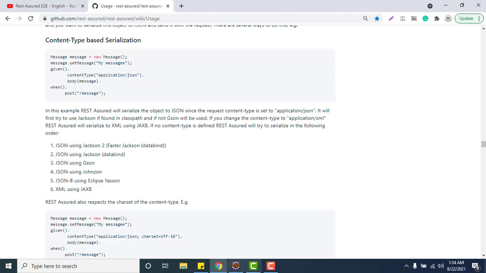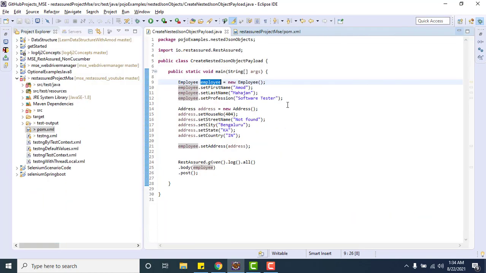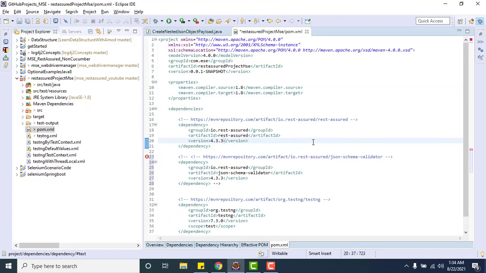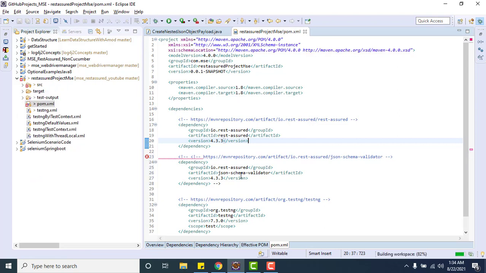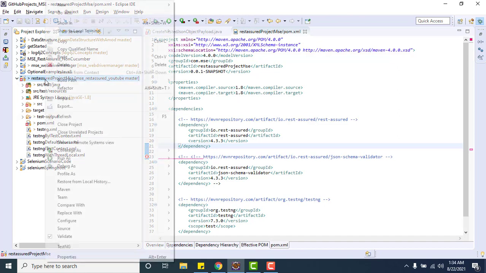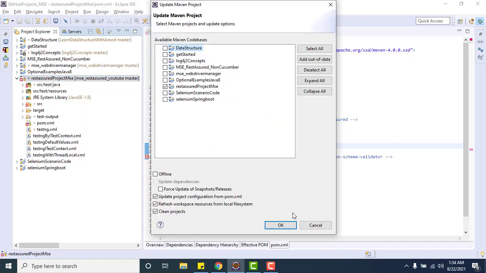So what I am going to do, let me go to pom.xml again and re-add that one. Okay, so I added this JSON schema validator again, and let me go and do Maven update project.